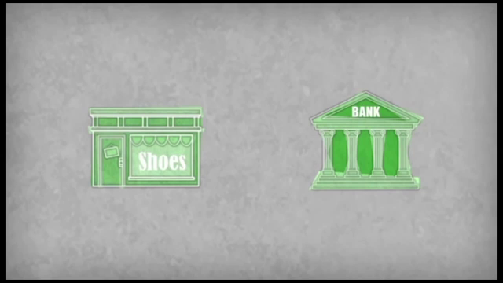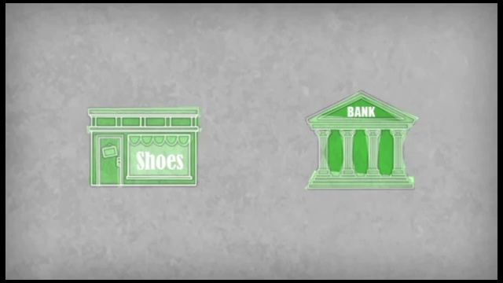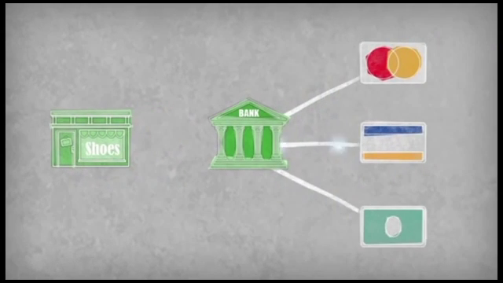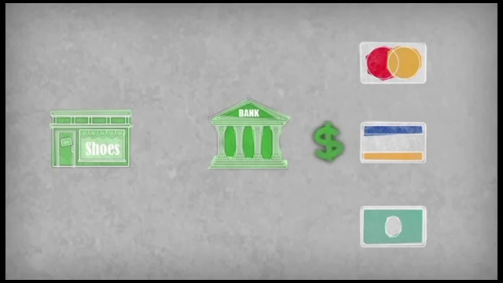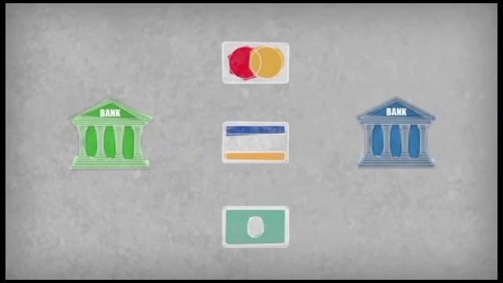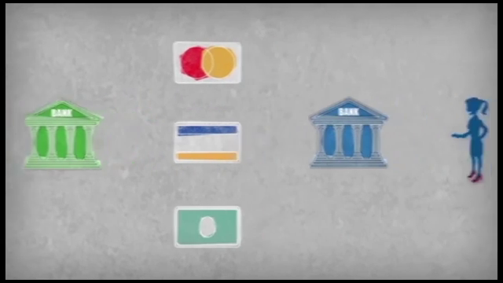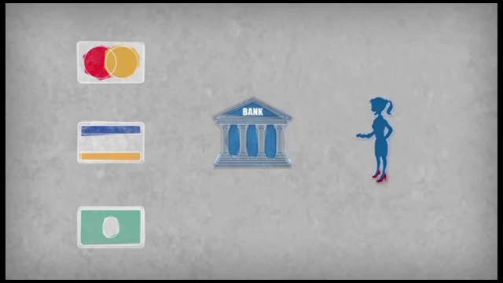The merchant bank sorts all of the transactions by card brand and then sends the transactions to their respective card associations. The card association authorizes a payment back to the merchant's bank to cover all these transactions, and the merchant's bank pays the shoe store, minus a fee. Then the card association bills the issuing bank and receives payment in return. Finally, Jane receives her monthly bill. And that's pretty much how it works. This same thing